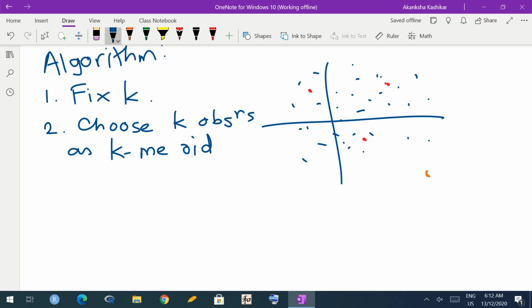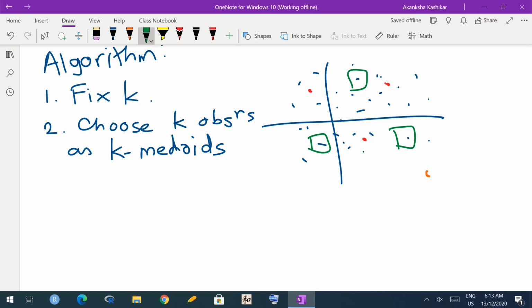This step is like K-means, but instead of choosing anything arbitrary, we are choosing observations. So let me say this is my first Medoid, this observation. Suppose this is my second Medoid, this is my third Medoid, this observation. So now that I have chosen Medoids,